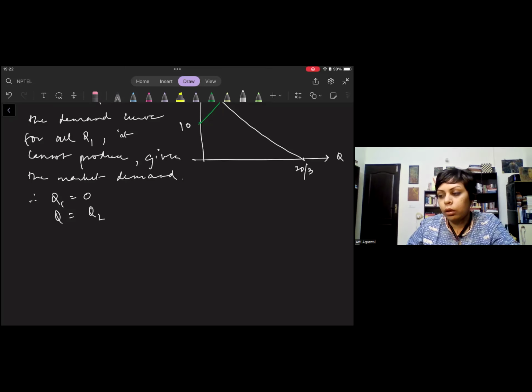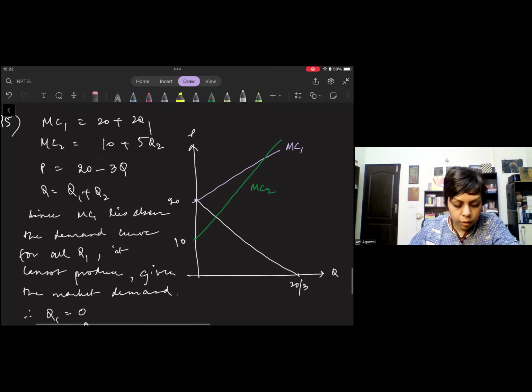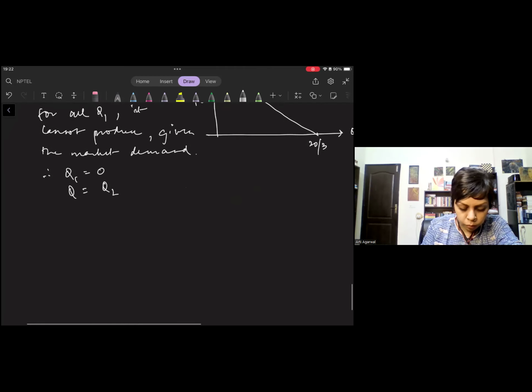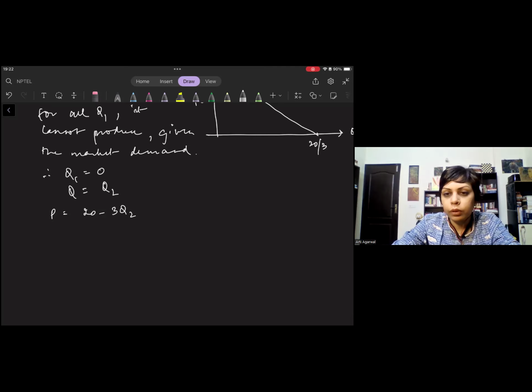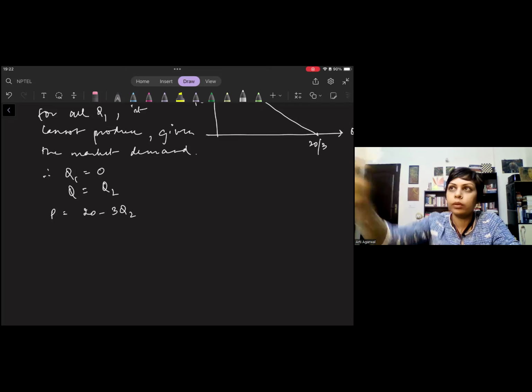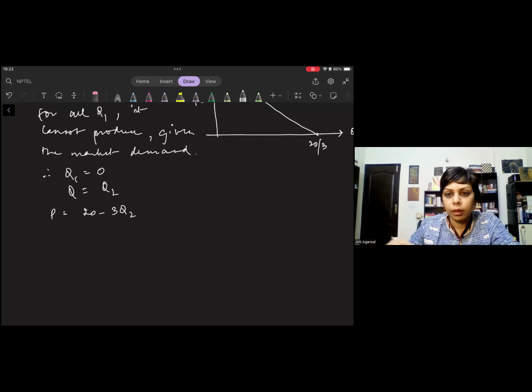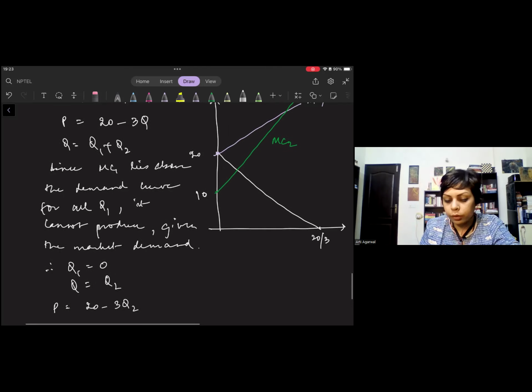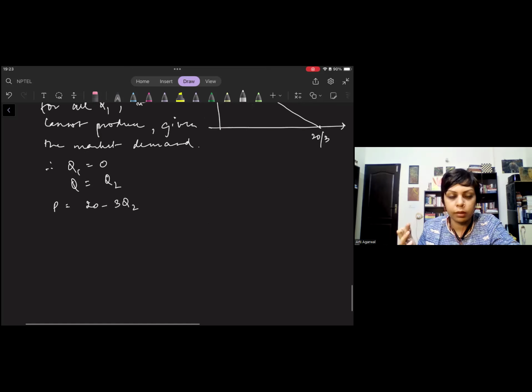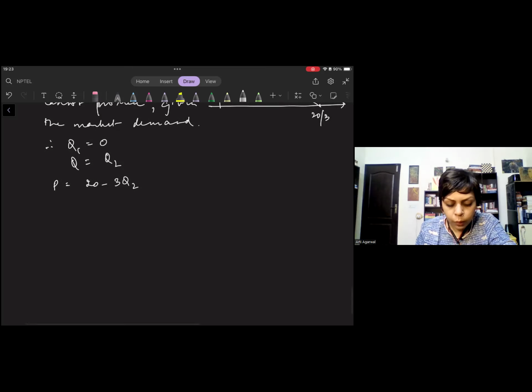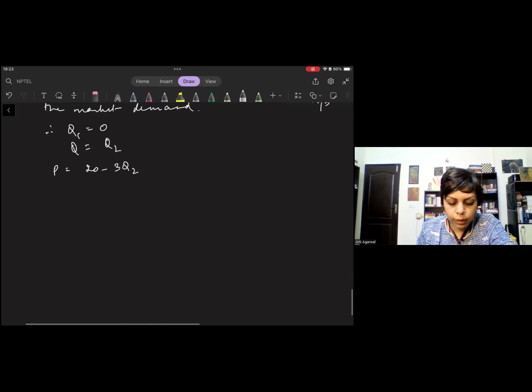So now I think this simplifies the whole thing a lot. Now P becomes equal to 20 minus 3 Q2. Which is why, if you were trying to calculate something, it would not give you a sensible answer, because you will get some values negative and all that. If you don't check for this condition and you try to solve it, you will get very weird answers.